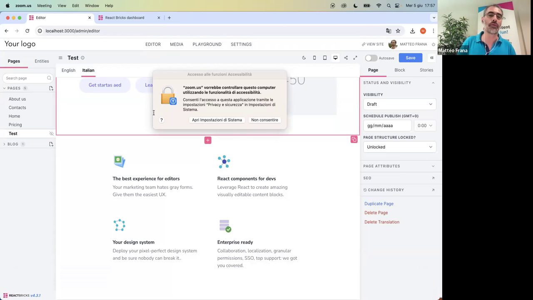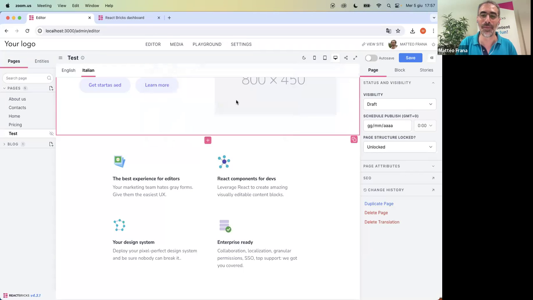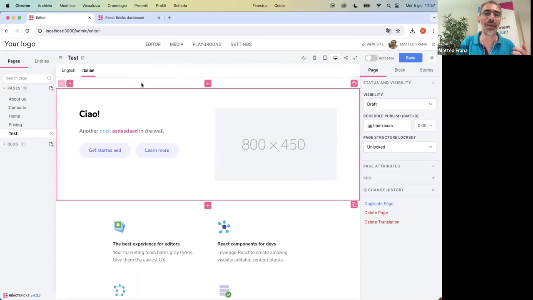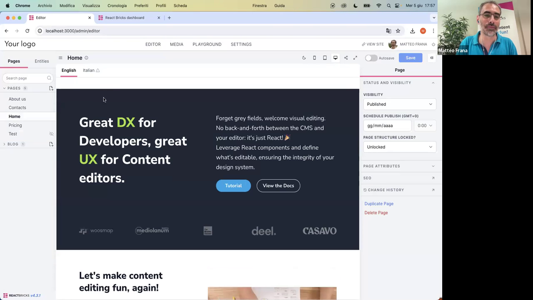This is interesting because if you have a marketing team of 5 people, they could write the content at the same time. And of course, we want to avoid a person overriding what other people are doing. So we have a collaboration mechanism. Now I am the only one logged in this app, so I cannot show how it works really well. But what I can show you is that